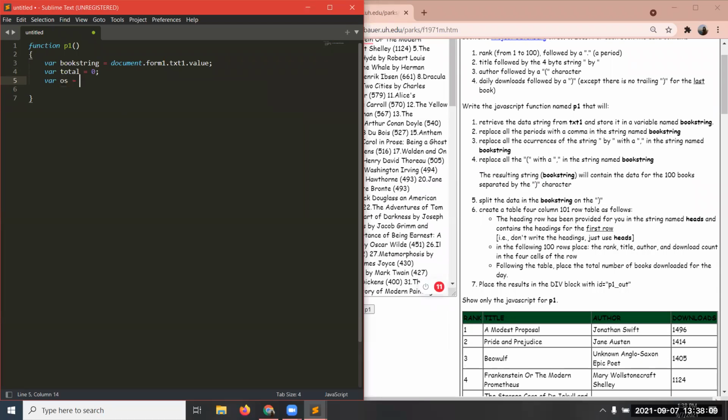So variable, I'm going to call it OS and equal it to, so this is where the HTML comes in. You know with HTML, you format things using tags. So the table tag is a tag for the table. And every time you create a table, Dr. Parks likes to use 2 attributes, border and cell spacing. So border, we're going to set equal to 1. And that's basically these black lines right here that y'all can see. And then cell spacing